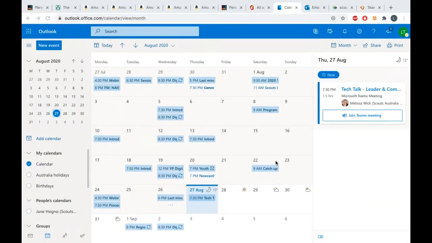So Lewis is just sharing his screen there. You can see it. Excellent. Cool. So this question was around using Outlook Online to create a calendar event rather than Teams. So, we might have our big list of scouts and there's 40 scouts in the group. It takes a while to go through Teams and add them all individually. So we can add them via a distribution list if we use Outlook Online. So we just go to our new event option